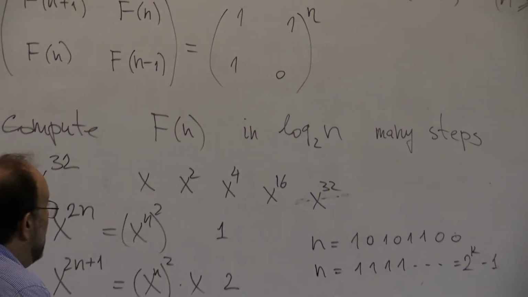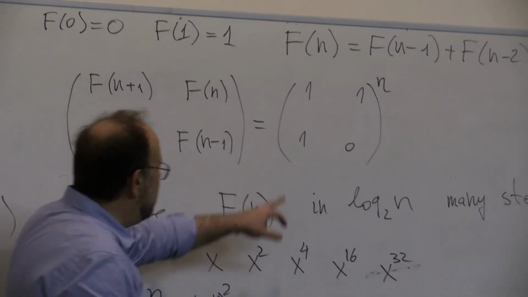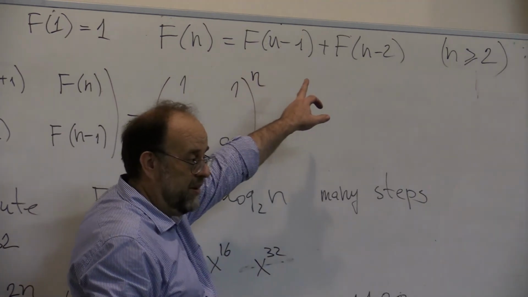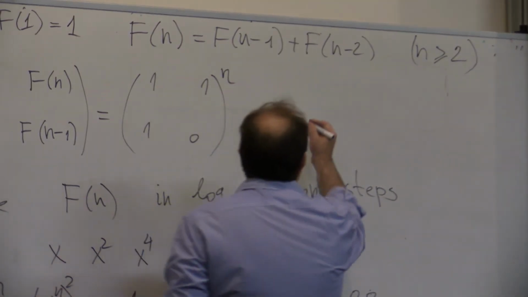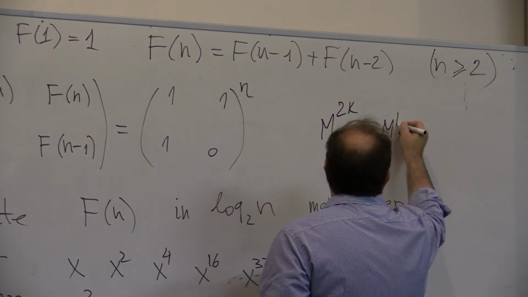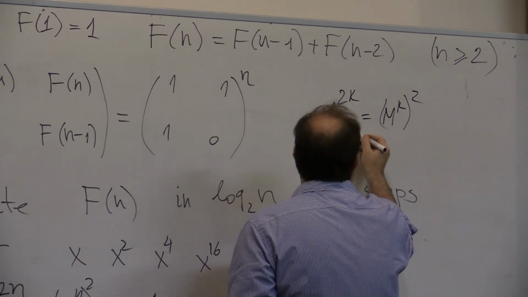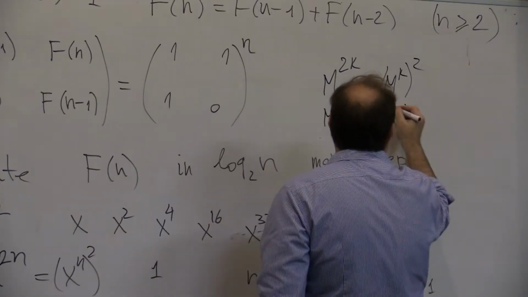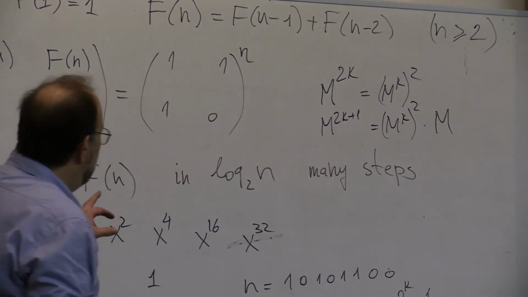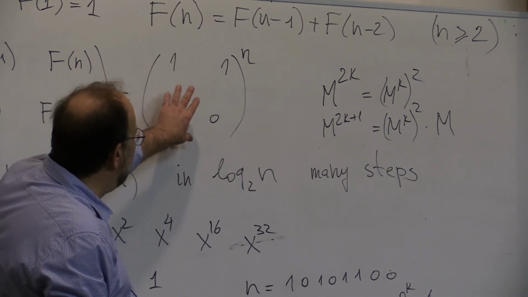Okay, but so how would you then compute f of n in log n many steps? Well, you do exactly the same for the matrix power, right? So you always compute m to the 2k is equal to m to the k squared, and m to the 2k plus 1 is equal to m to the k squared times m. So it will take you not more than 2 times log n